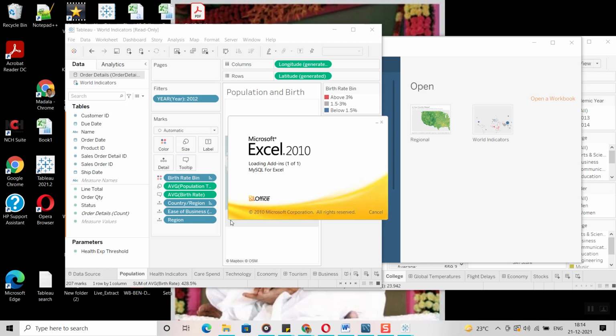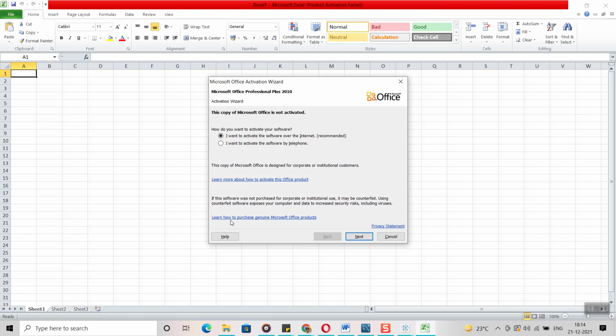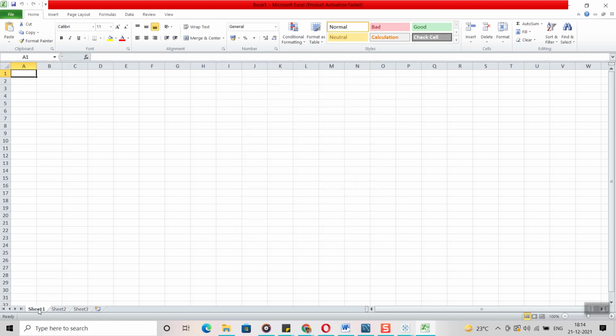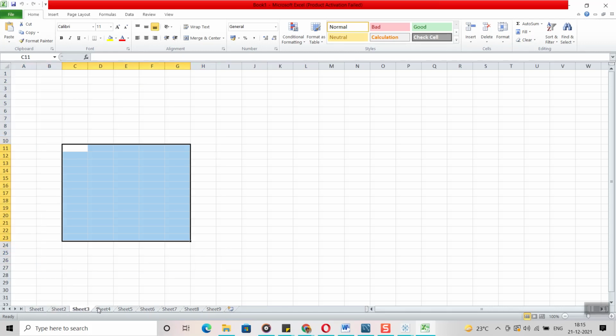See, a workbook means it's a combination of different sheets. An Excel workbook means, for example, here you can see sheet 1, sheet 2, sheet 3. 3 different sheets are available. Now you keep some data in sheet 1, some data in sheet 2, and some other data in sheet 3, and you can increase the sheets. You create the number of sheets depending on your requirement. Now these sheets are individual, meaning each sheet has its own set of data.